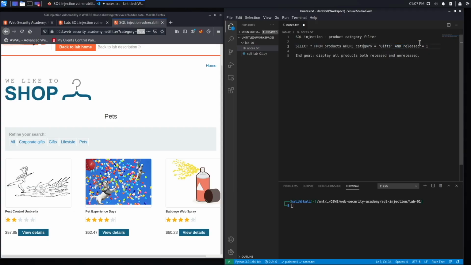So what's happening over here? Let's have an analysis section. When you entered pets, what's happening is it puts pets in the category field and it runs this query. What this query does is it says, select all the rows from the products table where the category column is equal to pets and the released column is equal to 1. So what it'll show you is all the products that are in the category pets, but also they have to be products that have been released. So if released was equal to, for example, 0, then you wouldn't see the product over here